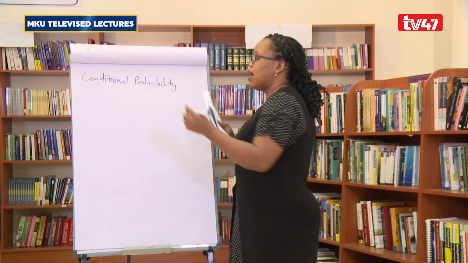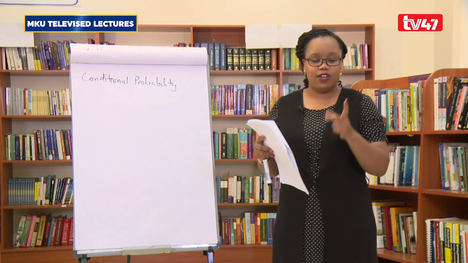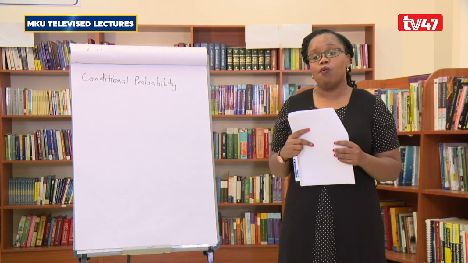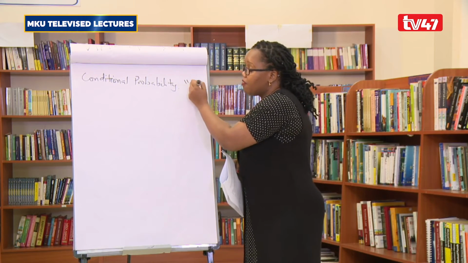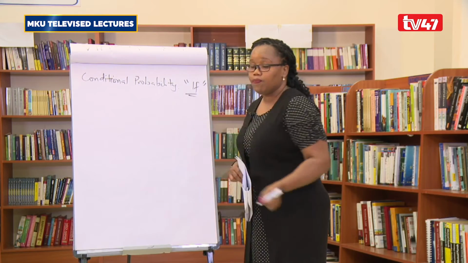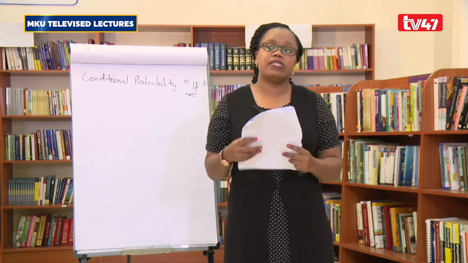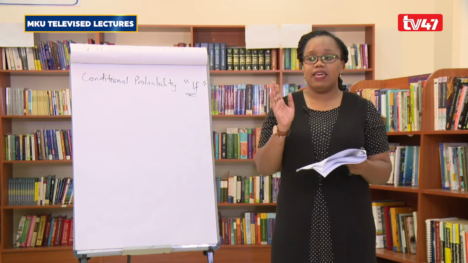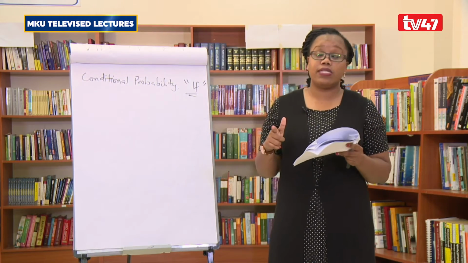Of course, just by the name, I know you can already guess which conjunction goes with conditional probability. It's actually if. So if you find your case, the way it is articulated as if somewhere, then automatically you will start considering